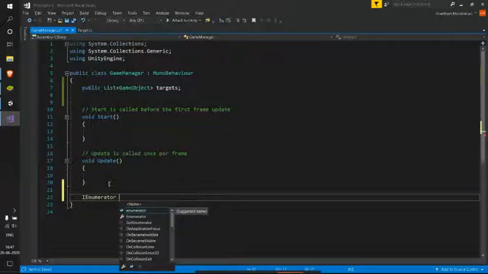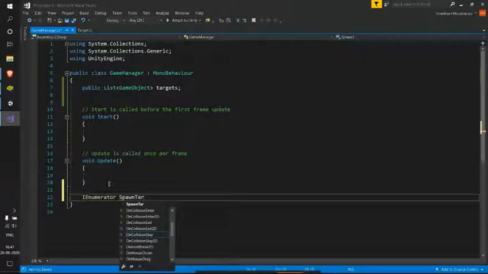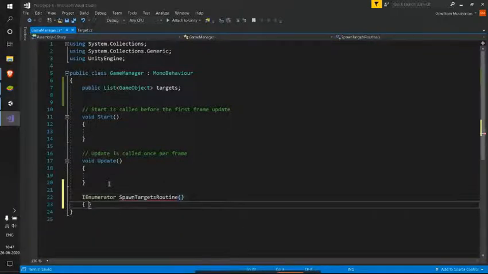And now we'll be writing our routine. So I'll call it spawn targets routine.